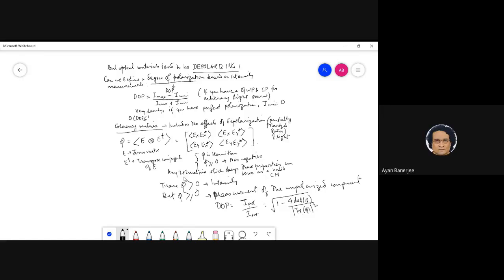When will it be 0? When this is perfectly polarized. How is that? Basically, when it is completely polarized, then your EX EY star, the time average of this one minus this one, this is the total. This will basically be the same, no? When it is perfectly polarized, you can write your EX EY star and EY EX star. The sum of that will essentially be the same as this total thing, because these are the off-diagonal terms.